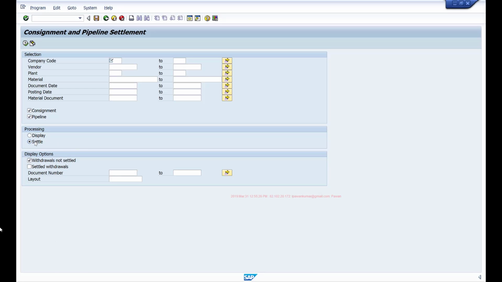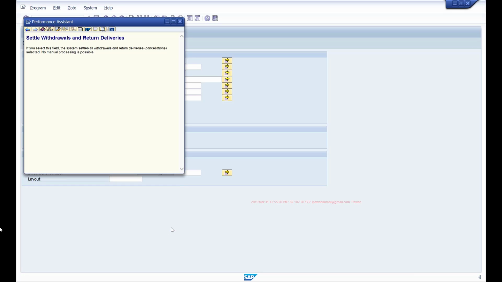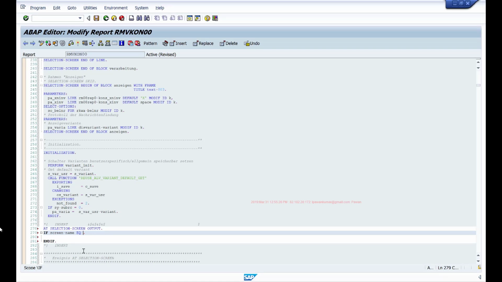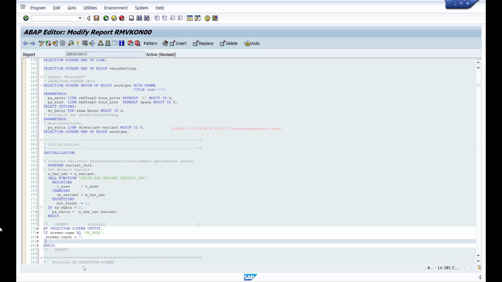This is the field we'll be disabling. The field name is PA_XABR. So here, if screen name equals to this, then I'll say screen input equals to 0, modify screen.